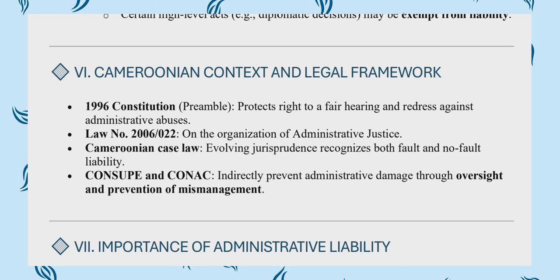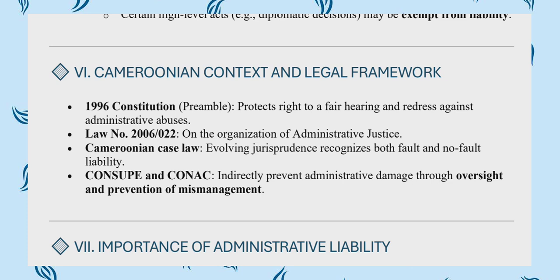And also, on a daily basis, or weekly basis, monthly basis, you have administrators that appear before the administrative court and their decisions are being cancelled. And they are being given injunctions and so on. So it simply means that citizens in Cameroon can have trust for institutions in such a way that when their rights are at stake, when their interests are at stake, or when they have suffered prejudice as a result of administrative action, they can challenge such decisions before the administrative court. As if that is not enough,